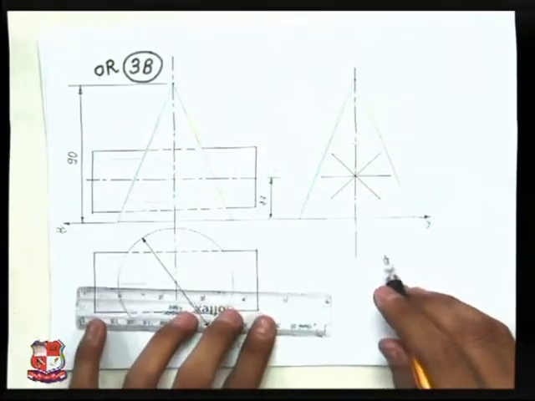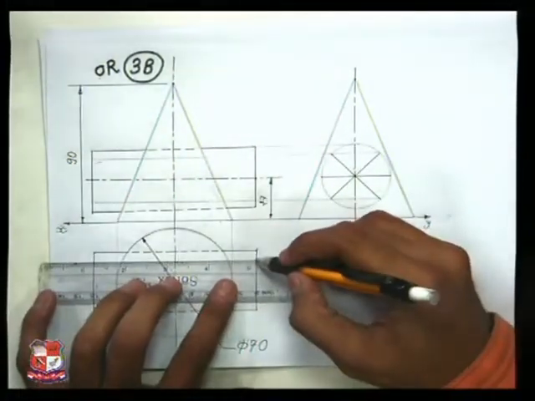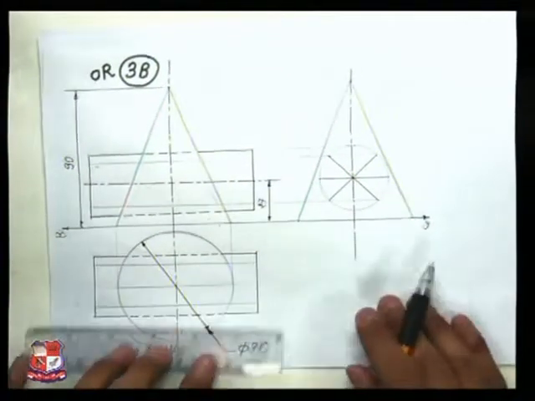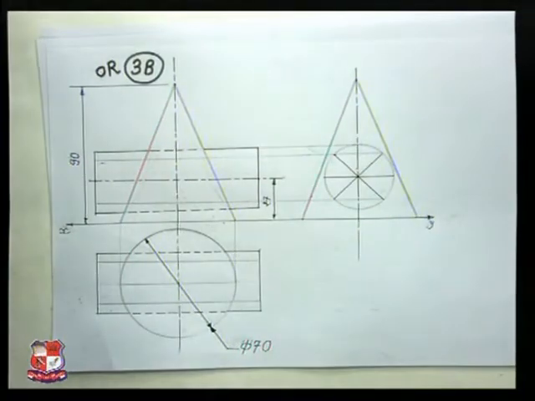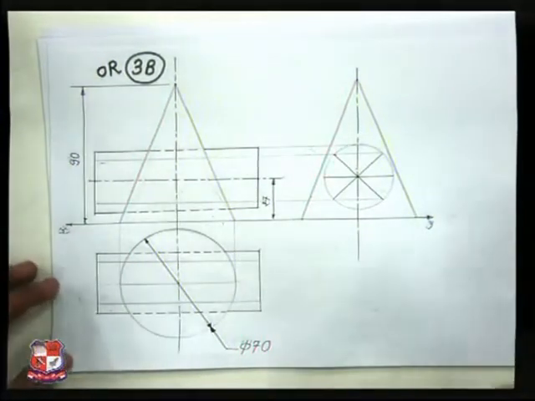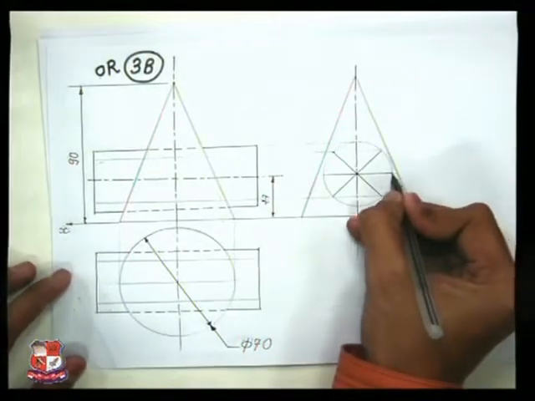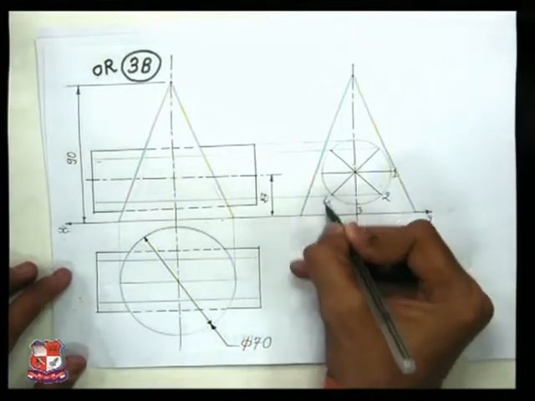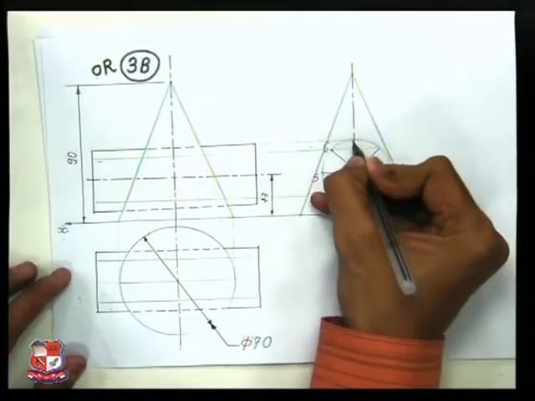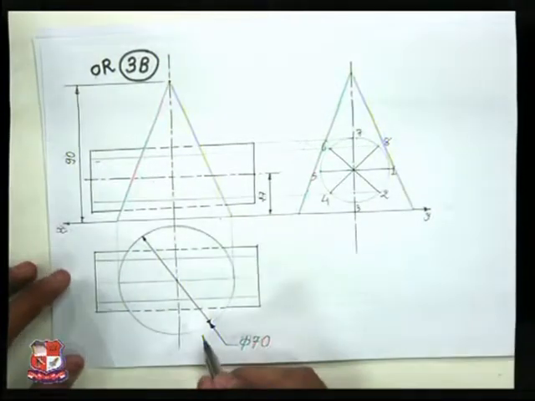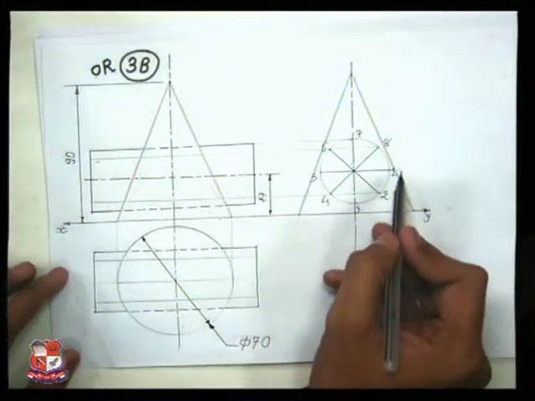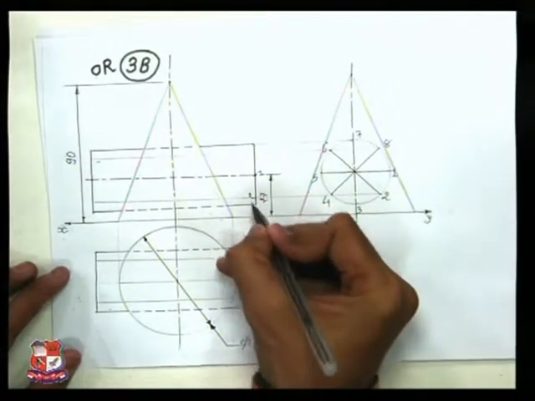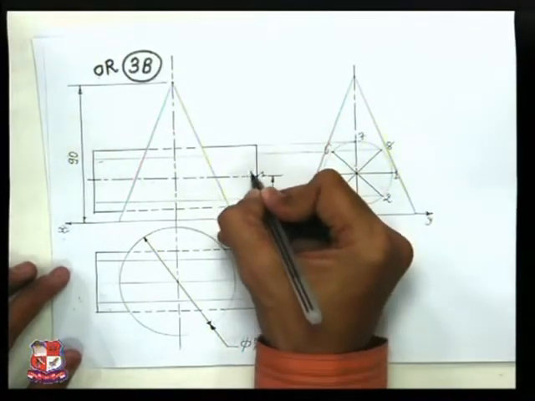So these are the generators. On this side also, in top view also, these generators could be drawn like this, and we can name appropriately. Here suppose we start from here, this is point number 1, point number 2, 3, 4, 5, 6, 7 and 8, and similarly transfer these points 1, 2 over here, 2 is here, so 2, 3 is here, 4, 5